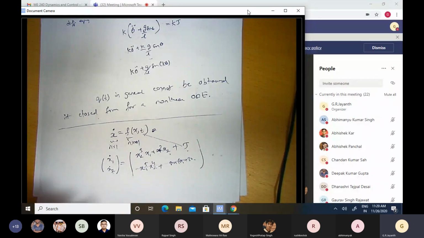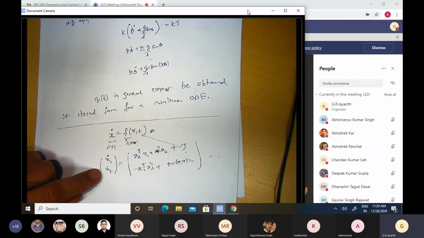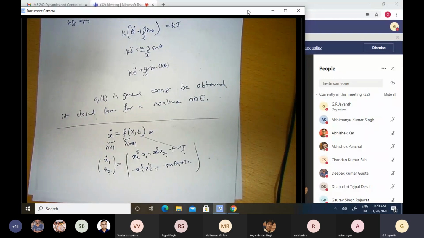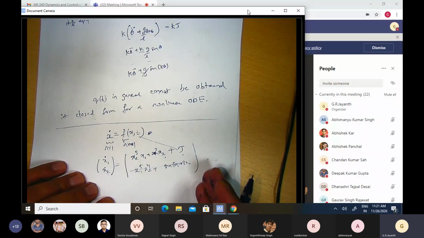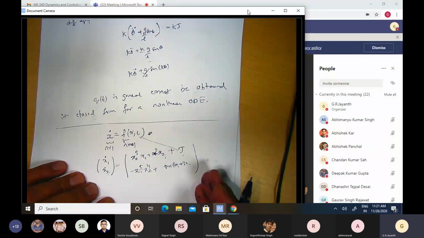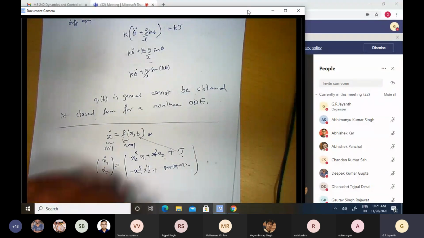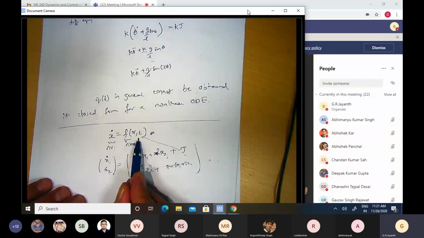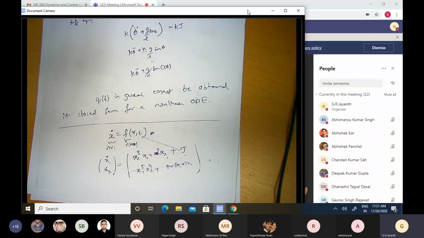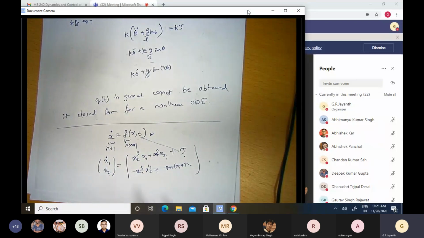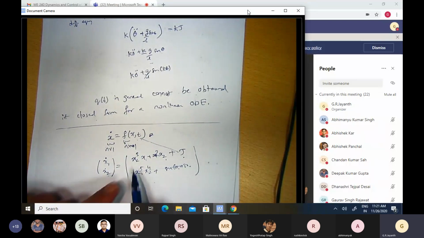Okay, this is just for n is equal to 2, right? I can have any number of more entries in the column vector of x, and have correspondingly significantly more sophisticated terms on the right hand side. Okay, so that is the first point to note in this particular case. Although this looks simple in its appearance, the kind of functions that I can have are limitless or endless, and the rows need not be related to one another.